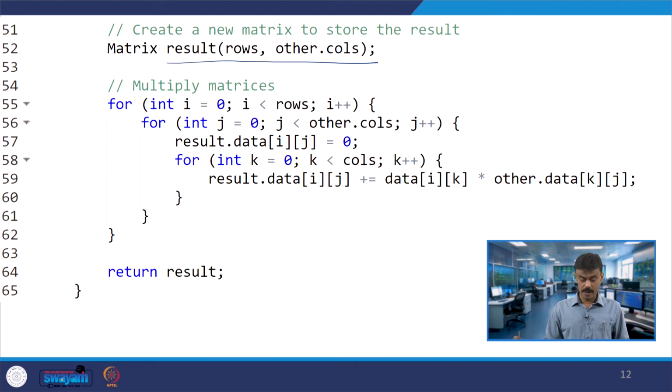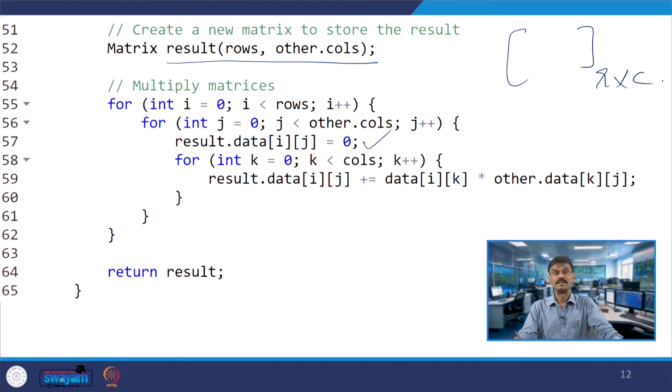Now I am going to multiply two matrices. Here I runs from 0 to rows minus 1 and J runs from 0 to other columns minus 1. Initially I initialized all the data to 0. So, you have rows into columns, R cross C, where R stands for row and C stands for column.